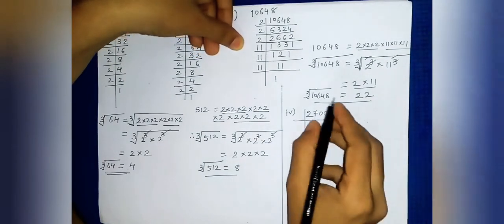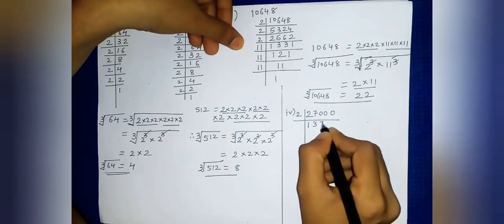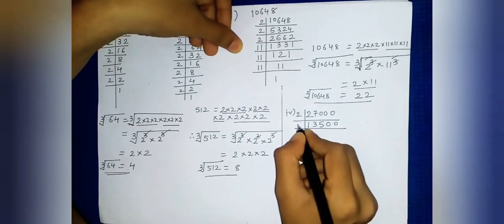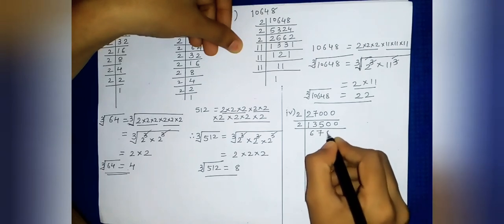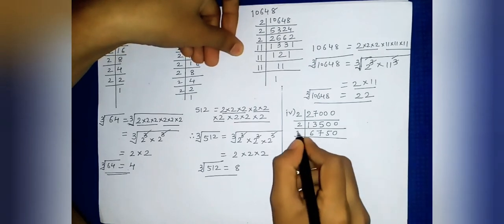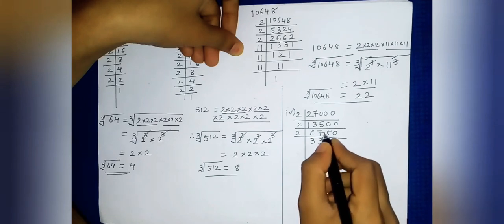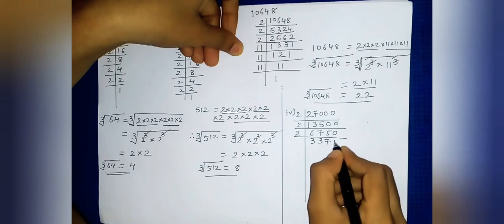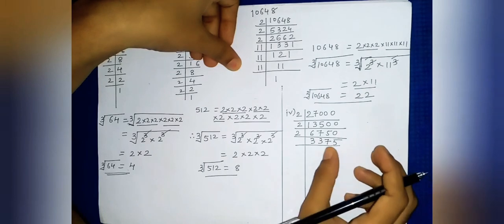Okay, we will start with 2. So 2 1s are 2, then 2 3s are, okay, then 2 5s are, and this 0 as it is. So 1 3 5 0 0. Now again we will start with 2. So 2 6s are 12, 2 7s are 14, then 1 left, 2 5s are 10, and this 0 as it is. Now again we will take with 2. So 2 3s are 6. Again 2 3s are 6, 1 left, 15, so we will take 7s are 14. Okay, and then 10 left means 2 5s are. So 2 3 3 7 5s. Okay, 3 3 7 5s.